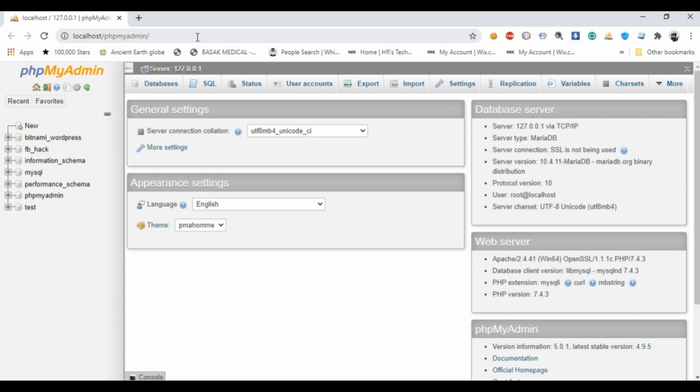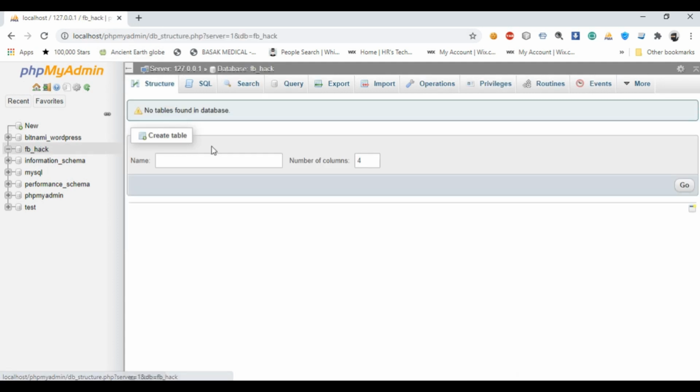So you can also use the remote mysql.com site to gain access to a remote database. I'll also teach you how to do that, but for now we will do it on our localhost, that is phpMyAdmin. So I have created a database named fb_hack.